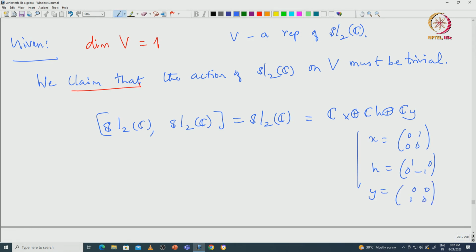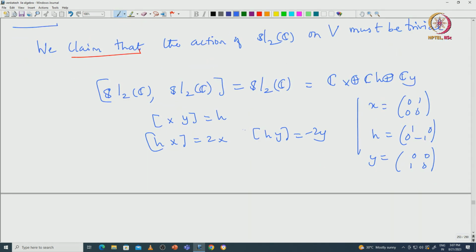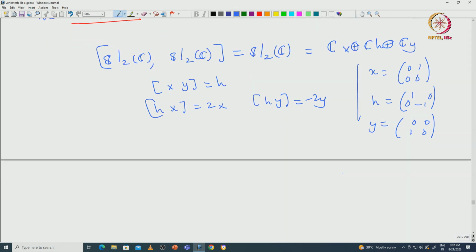Then we also have these very explicit commutator relations: [x, y] is h, [h, x] is 2x, and [h, y] is minus 2y. From this it is easy to see each element in the basis is actually a commutator of two elements. That means if you take the action, for example, let us take the x action. So, x is nothing but [h/2, x], and this is acting on